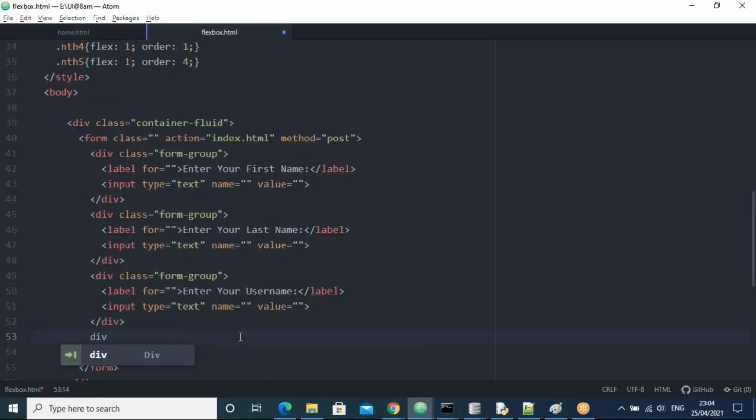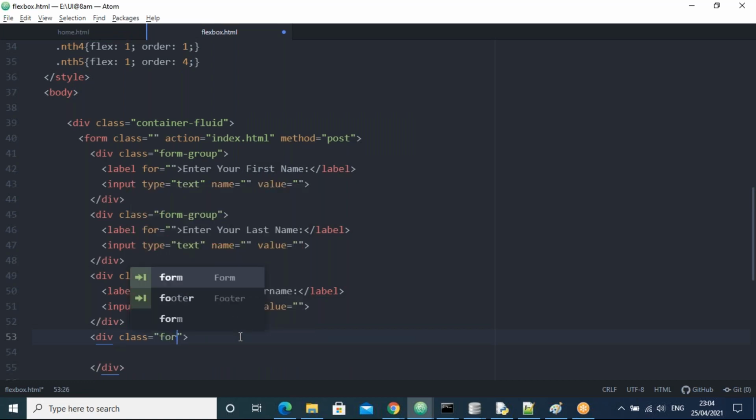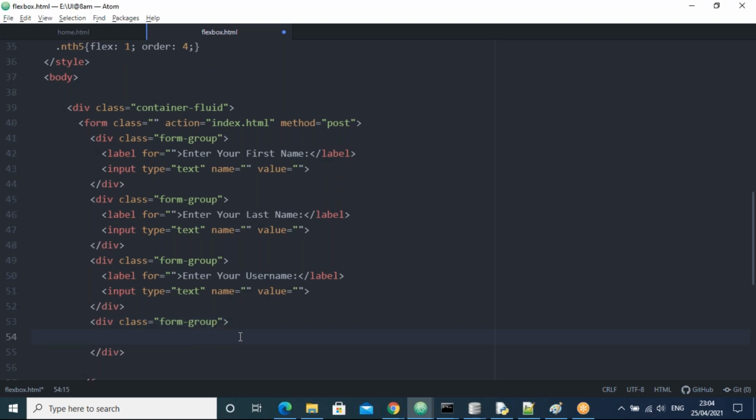I'll take one more last group, guys. A div, I take, suppose, form group. I take the name from form group. There, I'm taking again a label. Let's take, for example, enter your password, something like this.